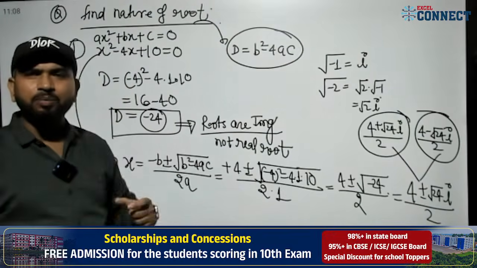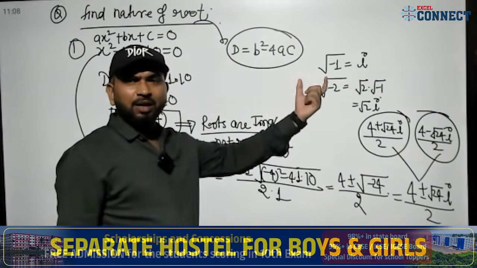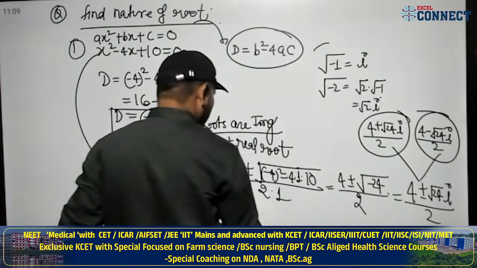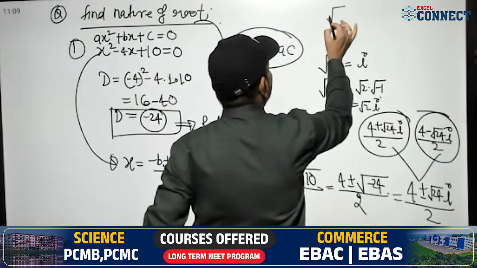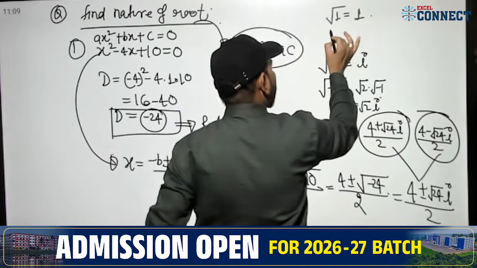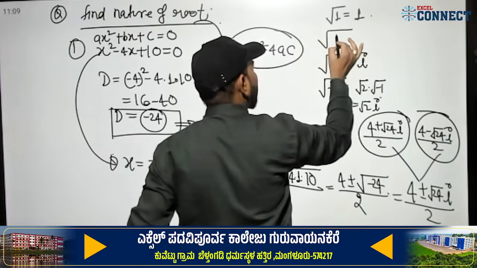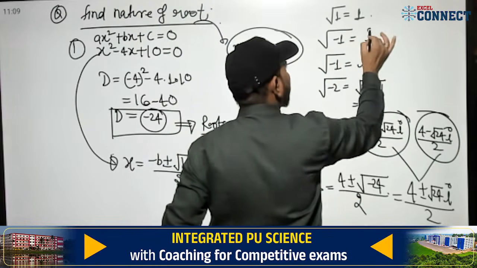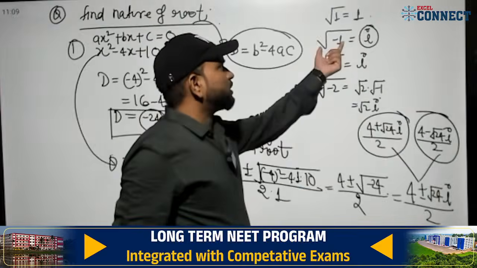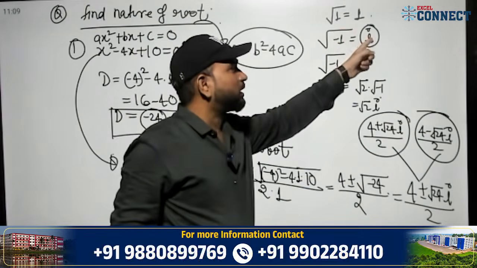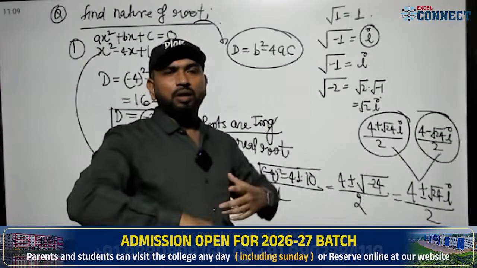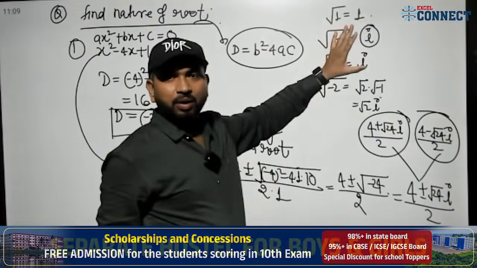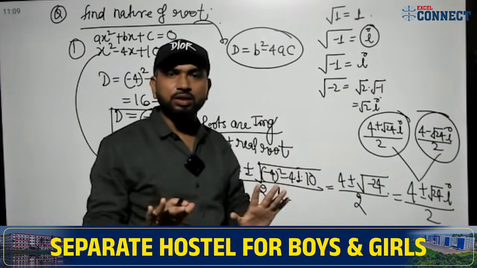Yes, this concept is new for you. In one session I will complete the whole topic of imaginary numbers. You know under root 1 is 1. But when a negative is present inside the root, for this purpose I am taking iota, meaning imaginary number. For this there is no real solution, but in imaginary terms we can say it is iota. Same like the coordinate system, an imaginary system is also there.